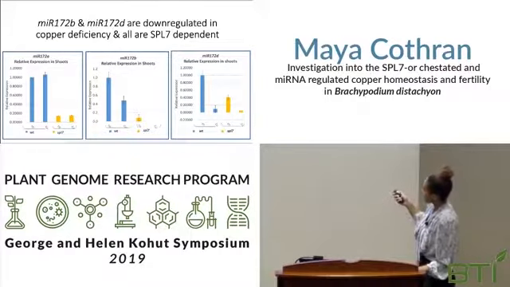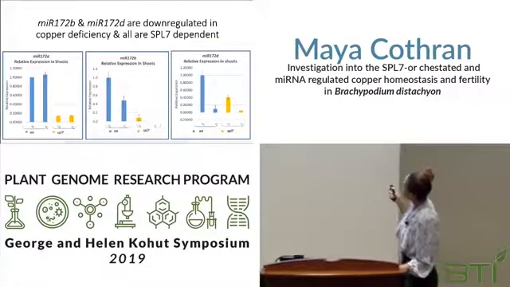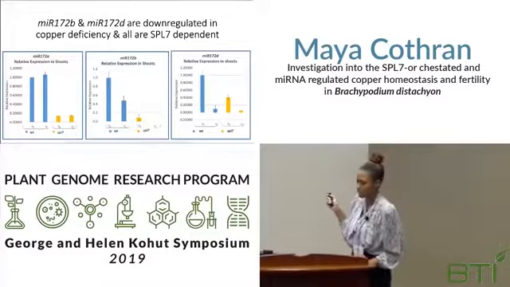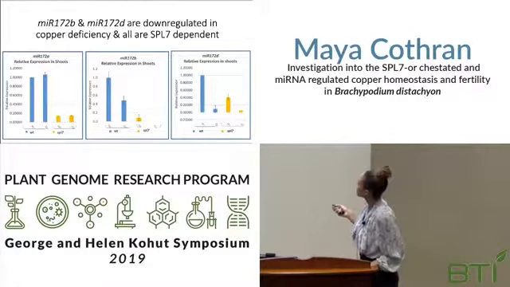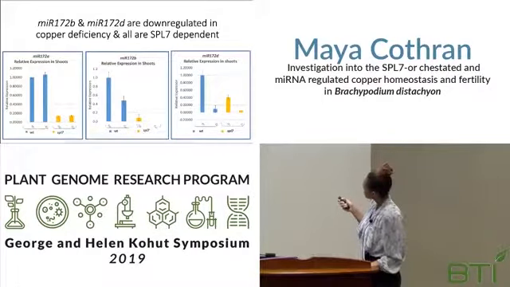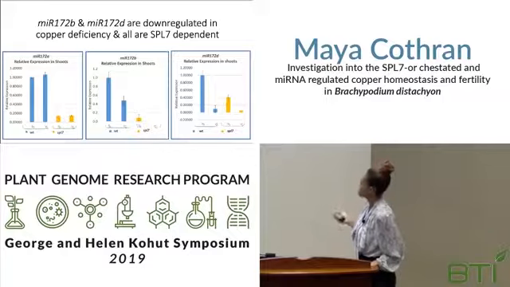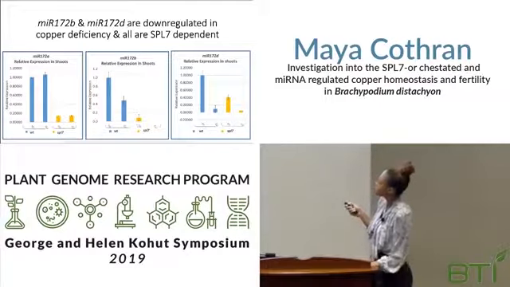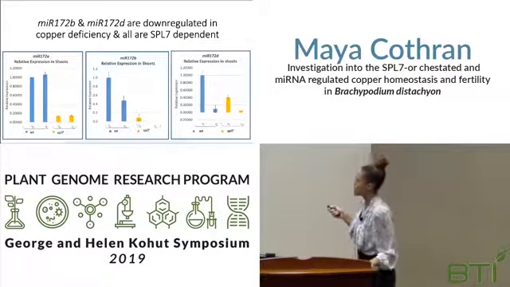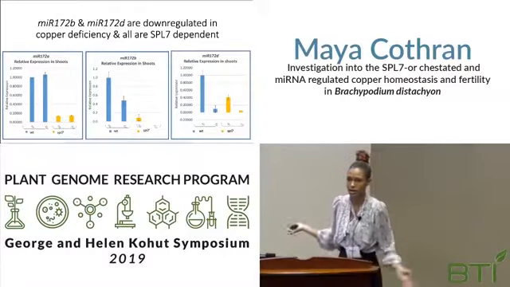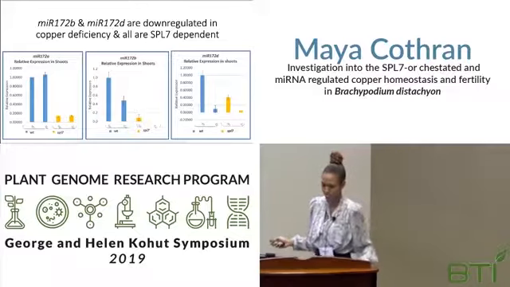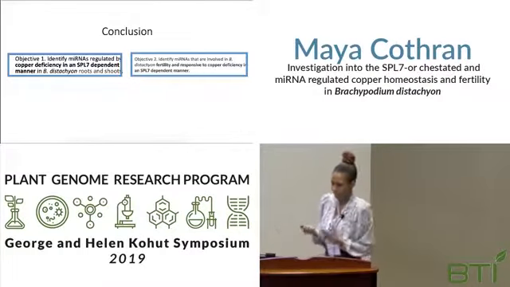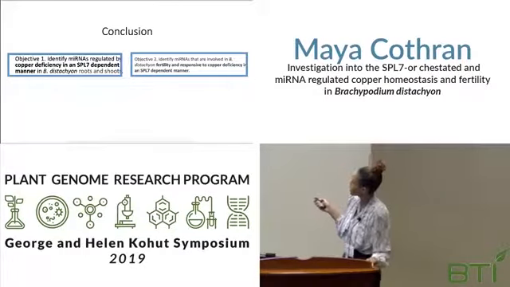And again, microRNA 172 is downregulated, which we saw also in roots before. B is also downregulated in copper deficiency, but isoform 172A seems not to be affected by copper availability in the environment. So, in conclusion,